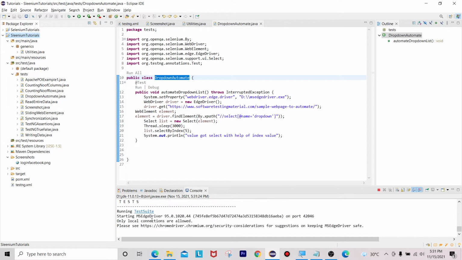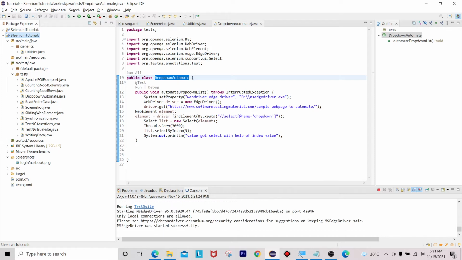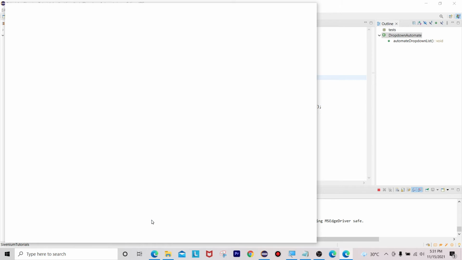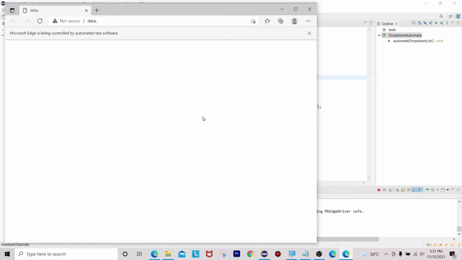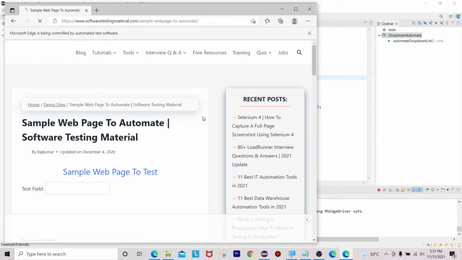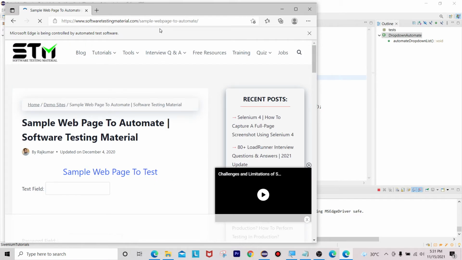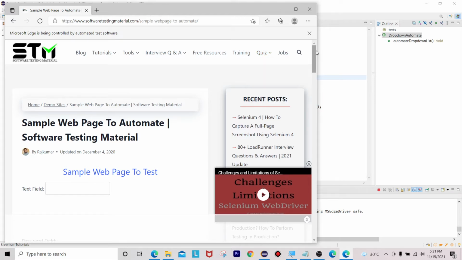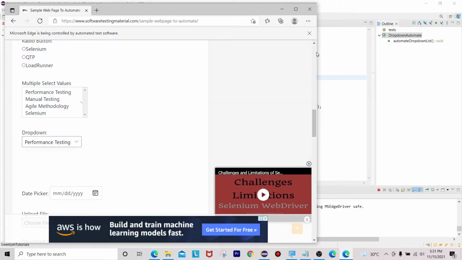Now you can see it is launching WebDriver, that is Edge driver. Once it is launched, it will go to the URL that I used in my Eclipse. Now you can see it is opening softwaretestingmaterial.com. Then it will select performance testing. Here it got selected.